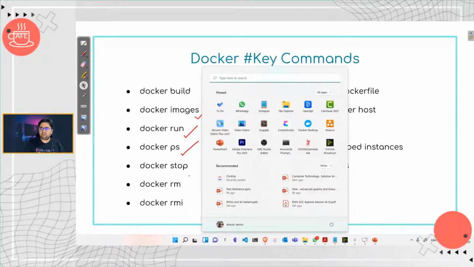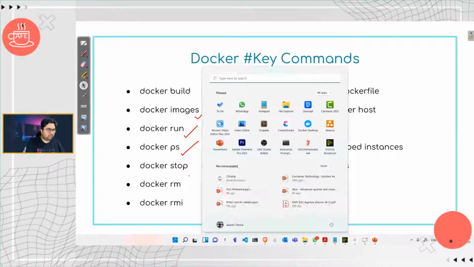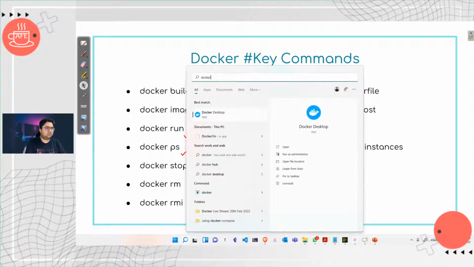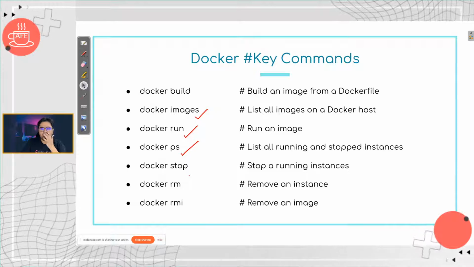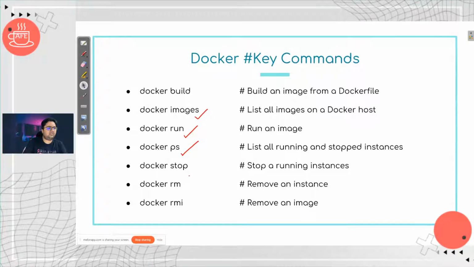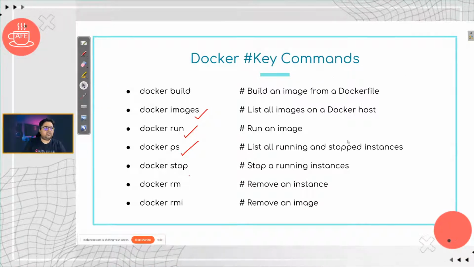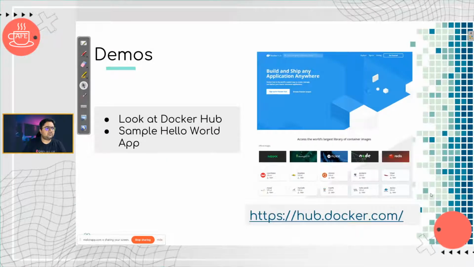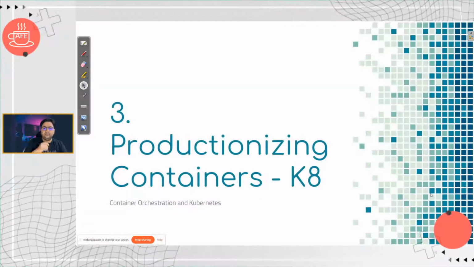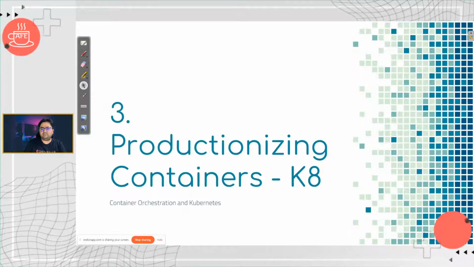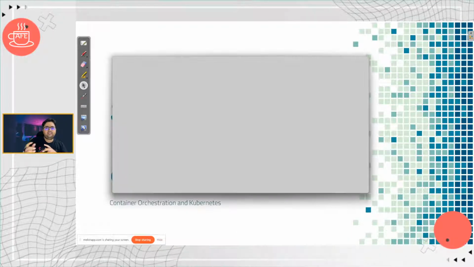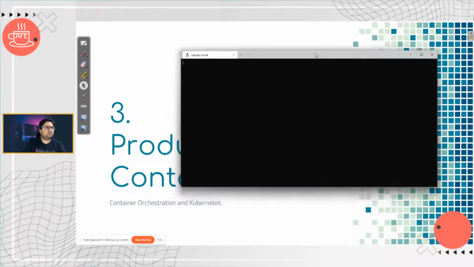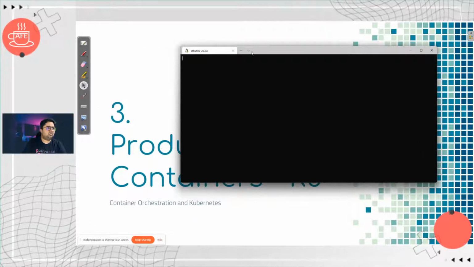Let me just see if my Docker instance is running. I'll try to spin it up and show you some commands after this. I might not have containers, but that's okay. All right. We'll jump to that. Now we'll go to the Kubernetes part, right? Which is where we need to revisit what we discussed before. So let's just see if Docker is up and running.